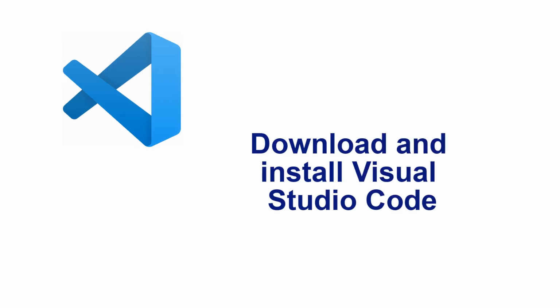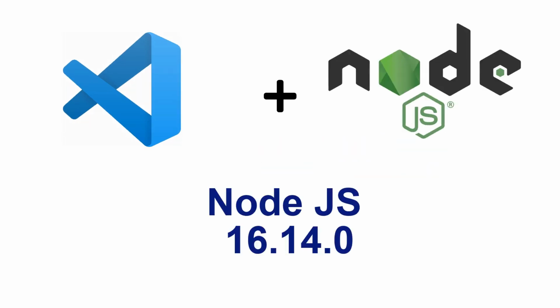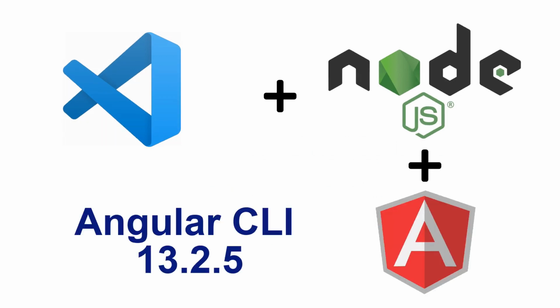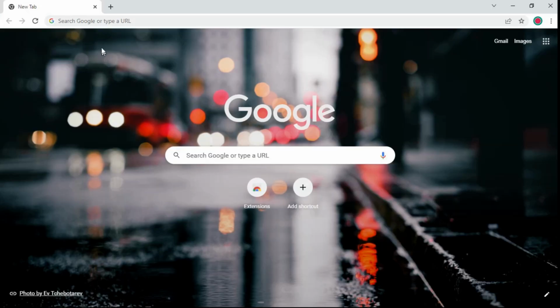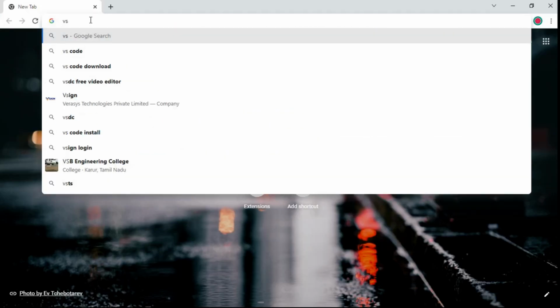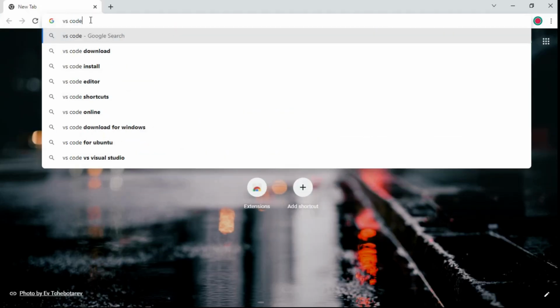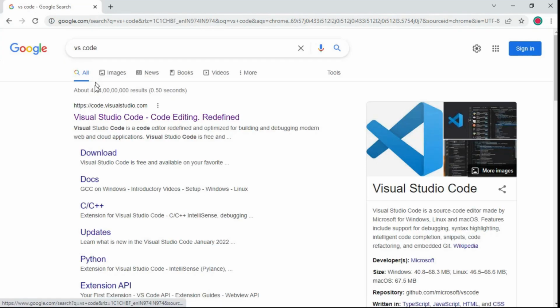In this video, how to download and install Visual Studio Code and Node.js 16, Angular CLI 13, and Git 2.35.1. Open your favorite browser and then search for vscode. The first link which will appear here will be from visualstudio.com. I'm going to just click on this link, and once this visualstudio.com